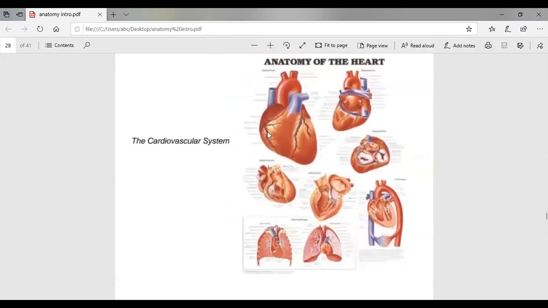Yeah. So the cardiovascular system. As you can see, we have always drawn the heart like a diamond shape, as it is present on our playing cards. But that is not how our heart looks. The heart is an organ which is made up of muscles, which I told you just now. What type of muscle? Cardiac muscle. Because in Latin, heart is also called cordium or cardium, and the muscles present in the heart are called cardiac muscles. Are they in our control? No, they are not in our control. That's why the cardiac muscle is a type of involuntary muscle.